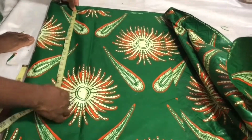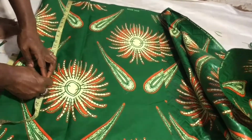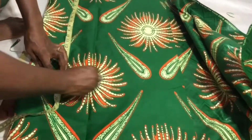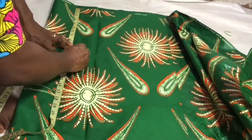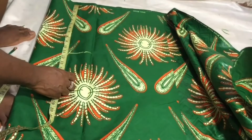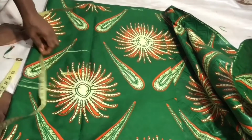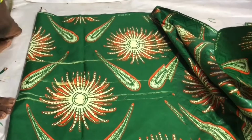Then after that, I made my bustier. So for the bustier, the first thing I measured is the half length. The half length is 17, so I added half inch to it for my seam allowance. And after that, the nipple point, which is 11 inches, the under bust 15 inches. So I'll rule everything now. Then I'll come